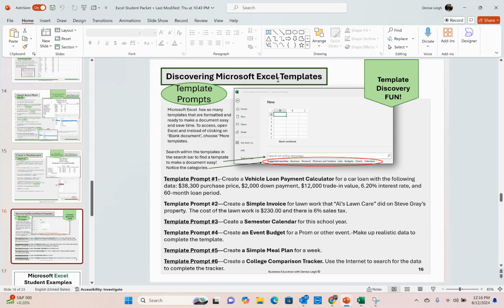And again, discovering templates in Excel, amazing templates. I use this vehicle loan calculator in my personal finance class. It's great for kids to know this is available for them. This simple invoice, if they have a side hustle, like washing windows in the summer, they can use these simple invoices. A semester calendar, great tool they can use in school. And this event budget, I used a wedding budget